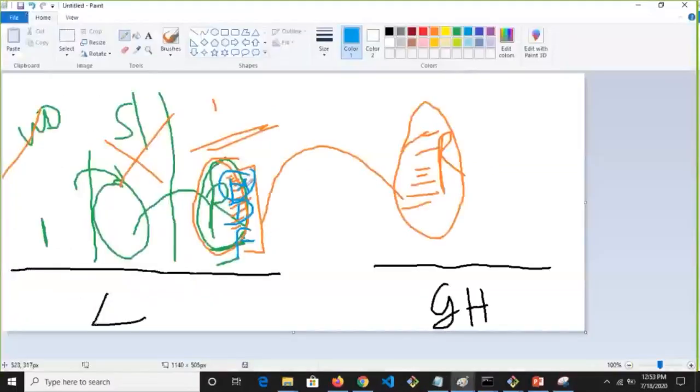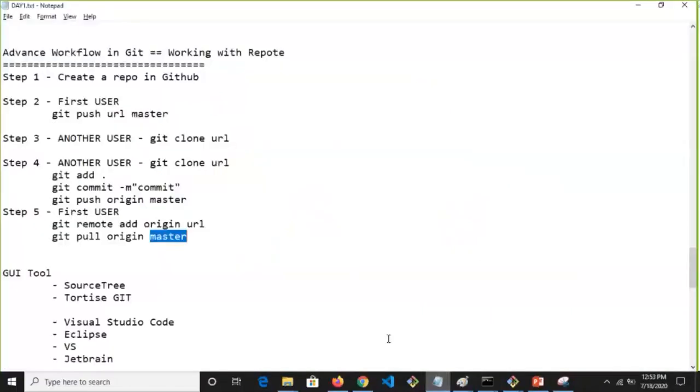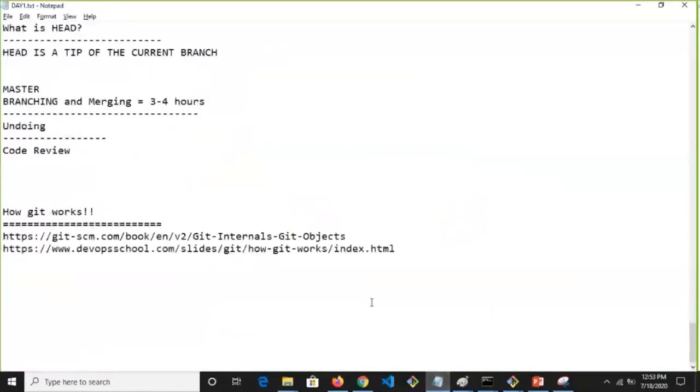So same concept. If you push, this branch will be created here. If you push the development branch, this branch will be created here, in the same repo. If you push the feature branch, it will be pushed here. Now, if someone has pushed the development branch, you can pull it from here. It will come here. Are you getting the concept? Okay, good.